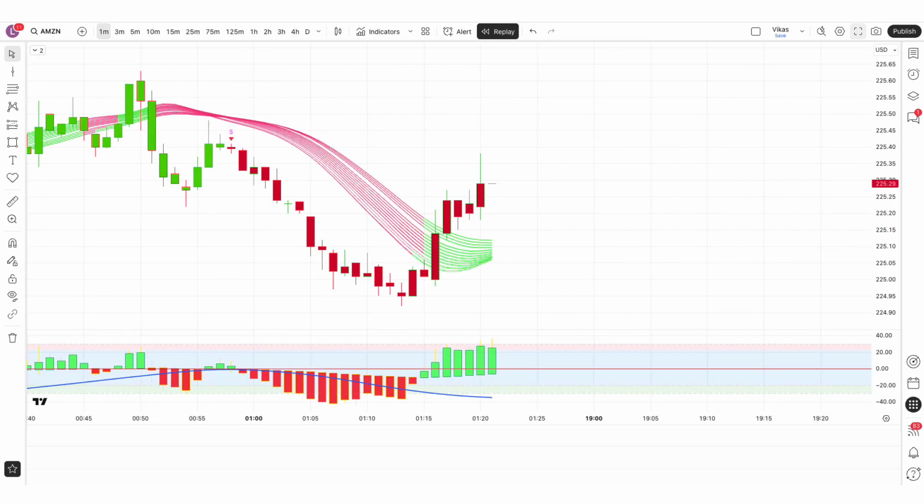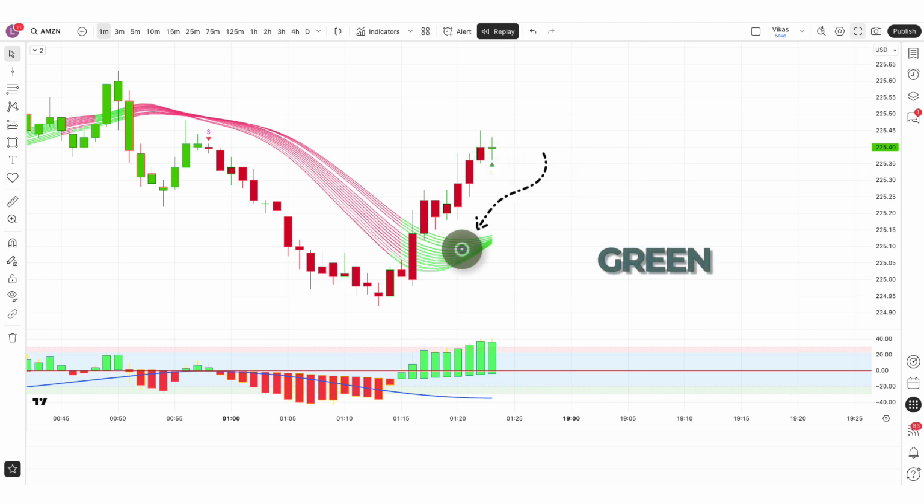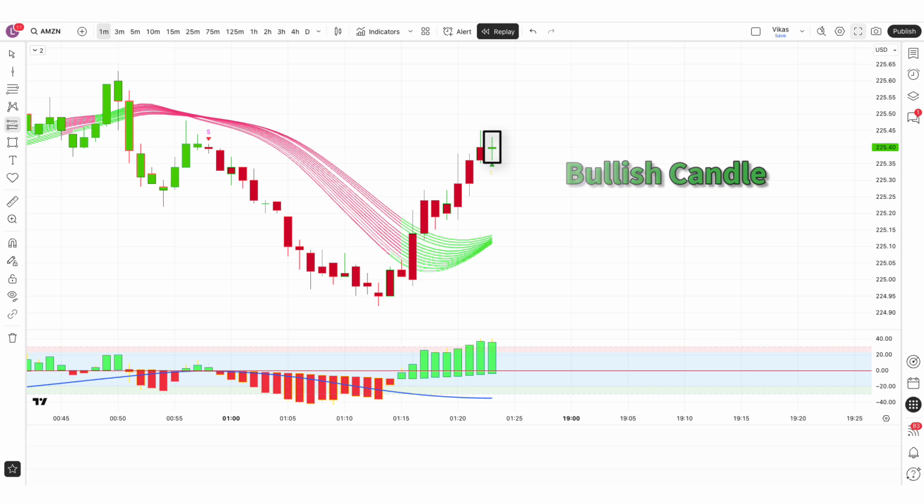Let's see how we use these trading setups. When the STD filtered indicator gives us a buy signal, when the MA ribbon indicator shows green lines, when the Heiken Ashi RSI indicator line is overbought, when the market forms a bullish candle,